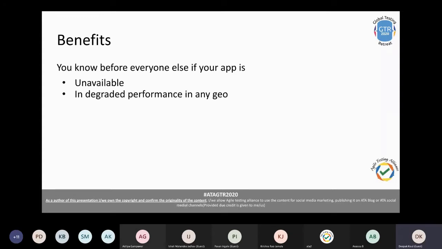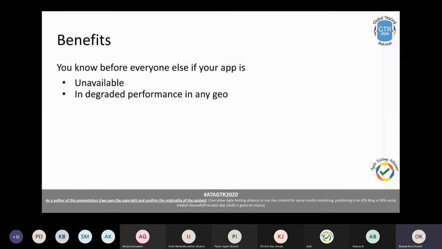Okay, so as I mentioned, if you have a synthetic monitoring app, you know when your application is unavailable, probably before most of your customers know. And if it is distributed, you also know that there have been problems sometimes in the Chinese and Australian geos for some of our applications, maybe due to the firewall or ISP issues. And since we had one enterprise monitoring system, we could easily tell that our application is not working really well in these geos.